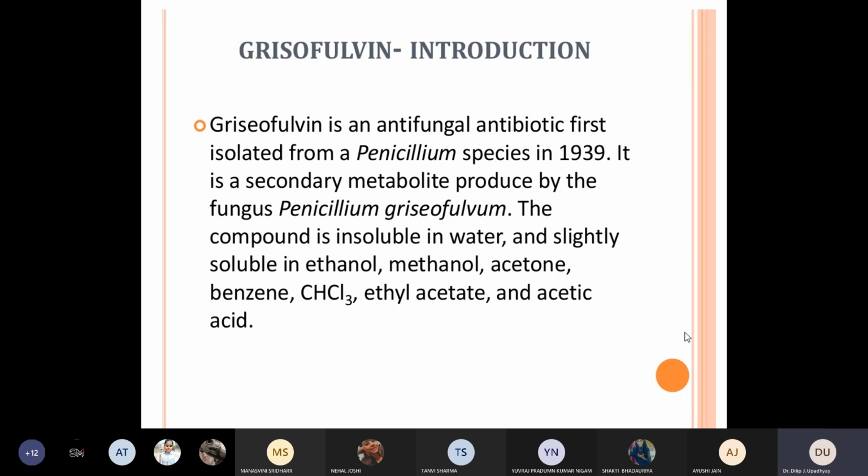So, Griseofulvin, as it explained, is a very old antibiotic, 1939, correct? Even I was not born. But why did I pick such an ancient example? The first question in your mind will be why this old man teaches old things. It is not old. I'll tell you why. Deliberately I brought this slide because most of us feel that this is all research done and there is nothing much to do. Let me tell you, even in